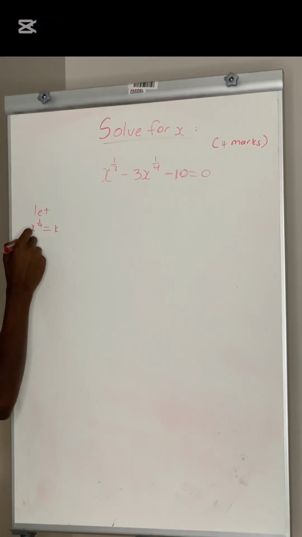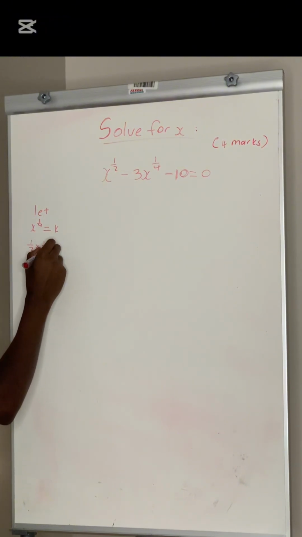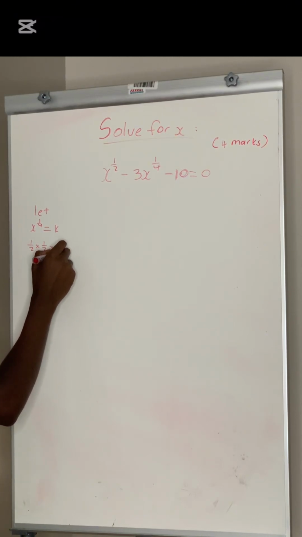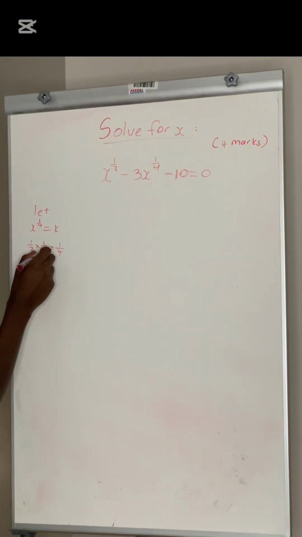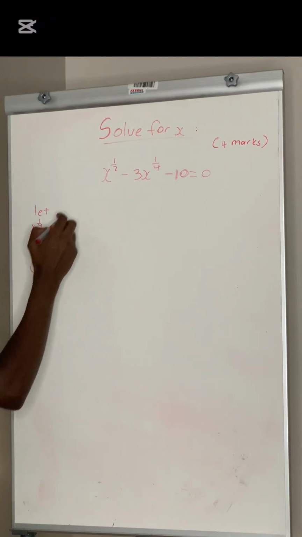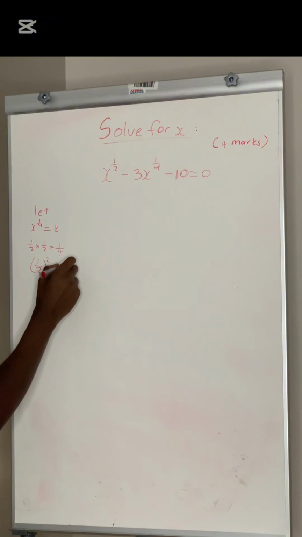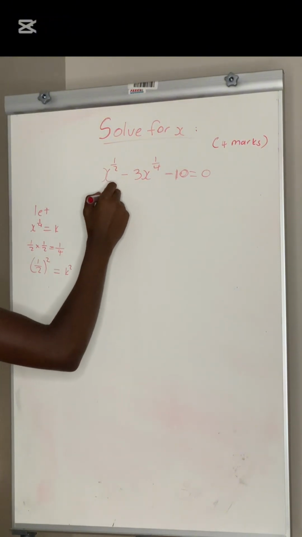So 1 over 2 times 1 over 2 is equal to 1 over 4. It's the same as saying 1 over 2 times 1 over 2 is basically 1 over 2 all squared, okay? Which means this 1 over 2 is basically k squared. So you can then come here and say k squared